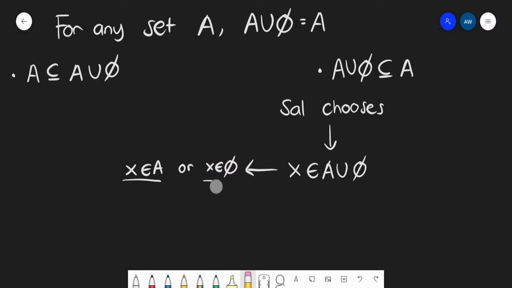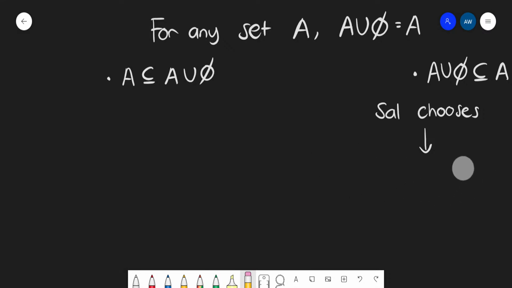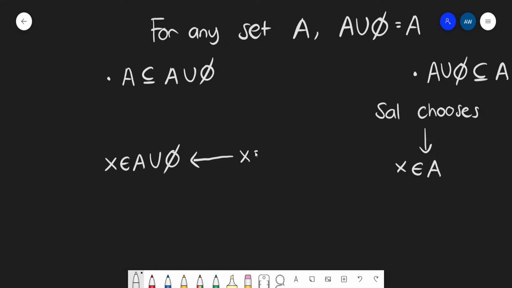And we can do, let's do the other one. So that's this one done. The other one, we have the same deal. Instead, we'll have Sal choose something from A, right? And the end goal is to show that X is in A union the empty set. But we know that if we can show that X is in A or X is in the empty set, then